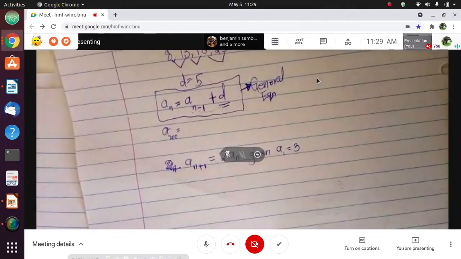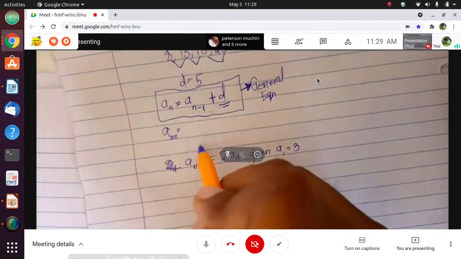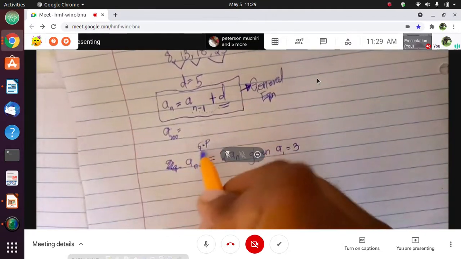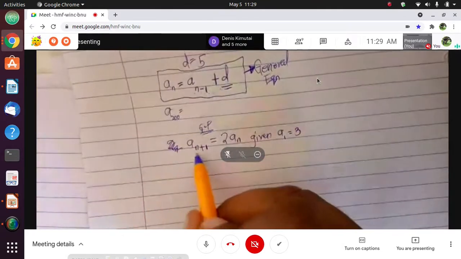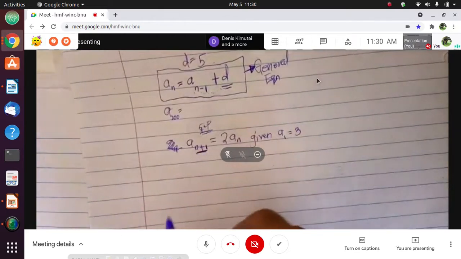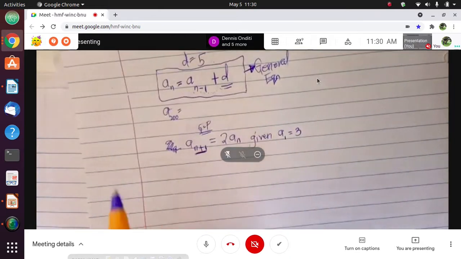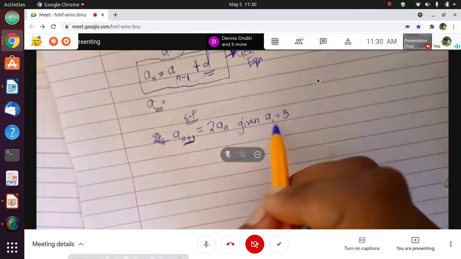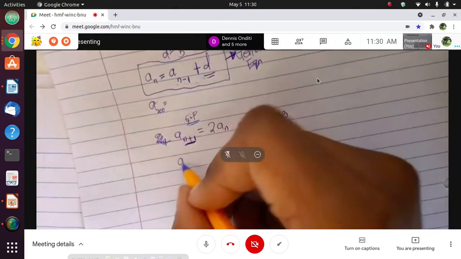You're told to find the first 4 terms of this geometric progression. And this is a recursive geometric progression because we have this in our equation, an plus 1. Now, we already have the value of a1. So a2